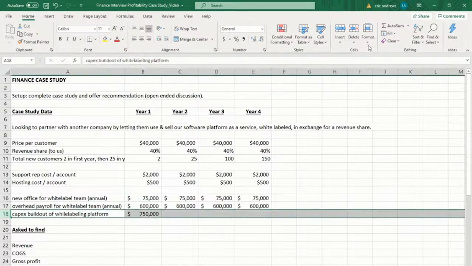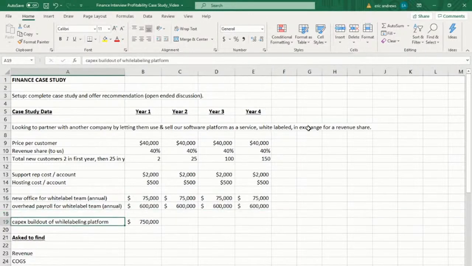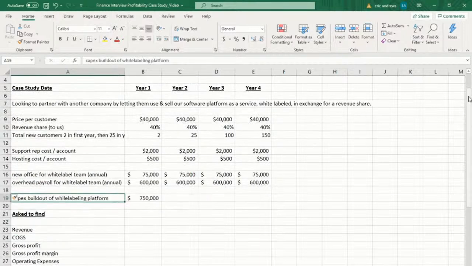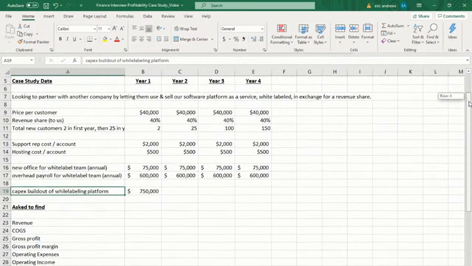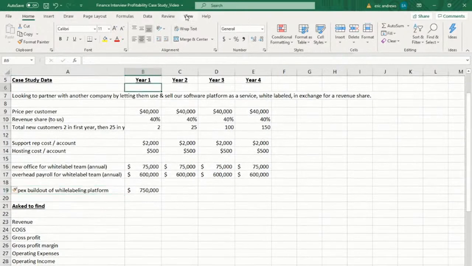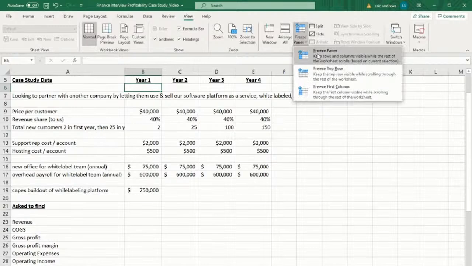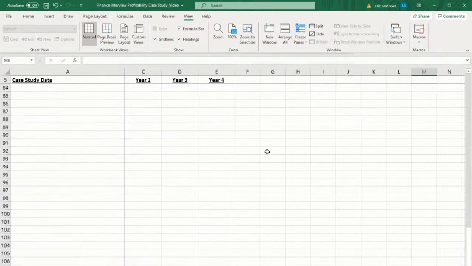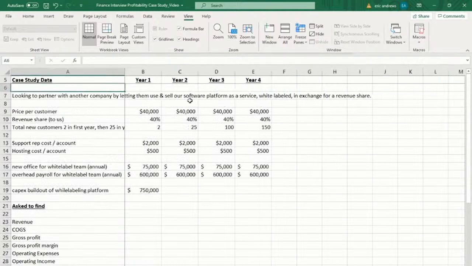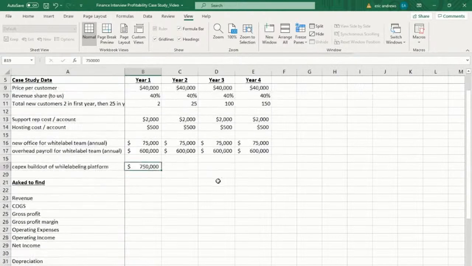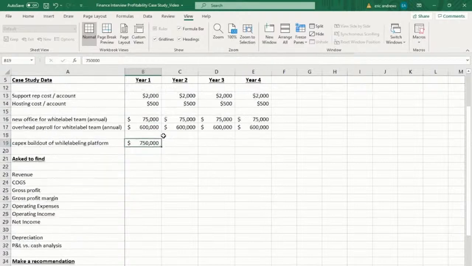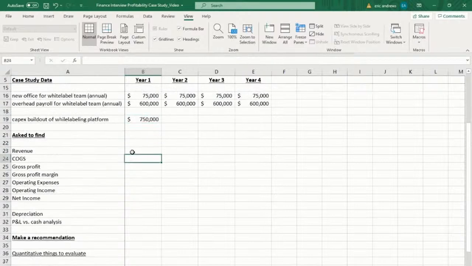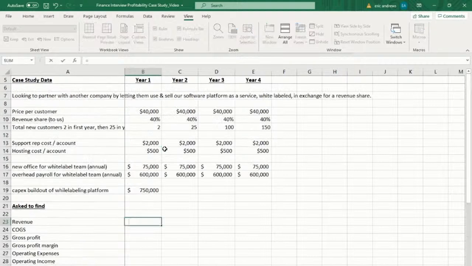In the CapEx, let's just insert a row so it can kind of be in its own section. Okay, so I'm actually going to move down one row and check this out. Go here, click View, freeze panes, and that's going to make it so that no matter where I go, I don't lose my titles in the top row. Okay, so let's start. First, let's find the revenue. So the revenue is going to be the number of clients we have, of course,